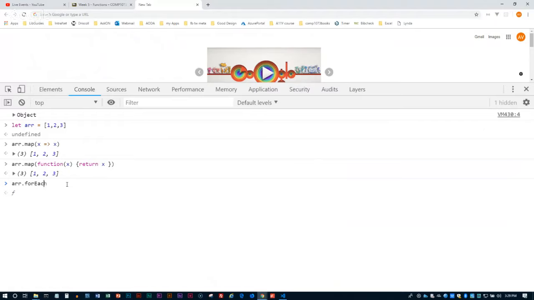All right, let's try forEach. Notice how forEach iterates on my array and does whatever I want it to do here. So the challenge I have for you, just think about this, is how would you create your own forEach method inside any array? To start you off,